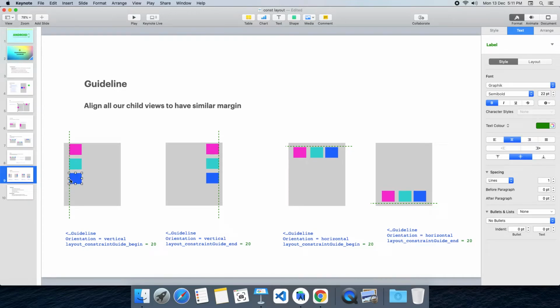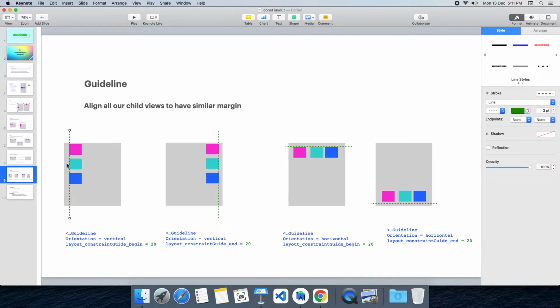So if you want to modify the spacing in between, you just modify the guideline width to something else. Here we have set it to 20. If you feel 16 is enough for you, set that 16 only in that guideline so that all other views are affected immediately. So no need to modify the margin of all views.